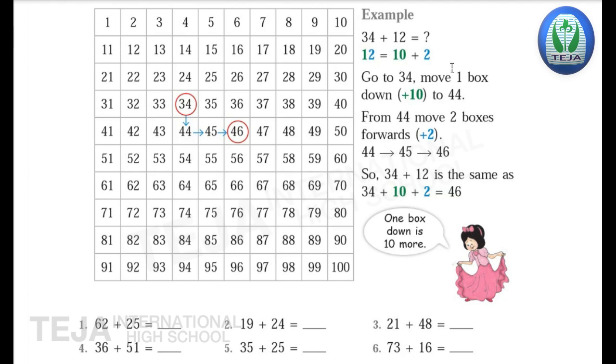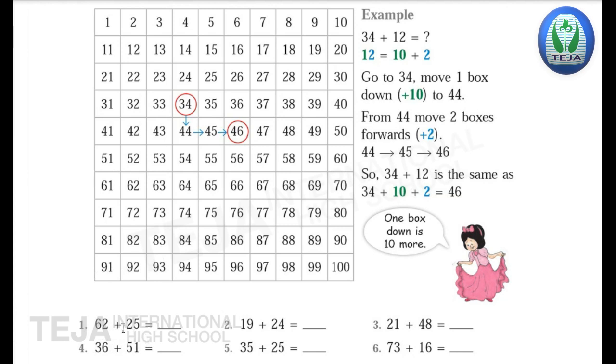Now 10 plus 2. So move 2 digits, children. 45 is 1, 46 is 2. So 34 plus 12 is how much? 46. Just by moving down, we can add the numbers. Okay, now see here,